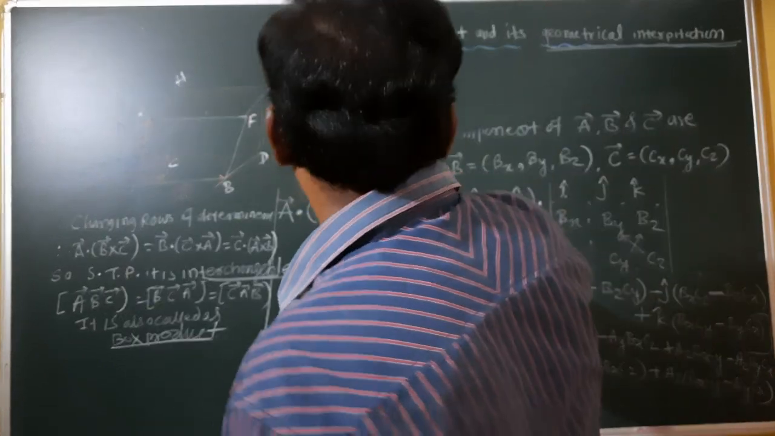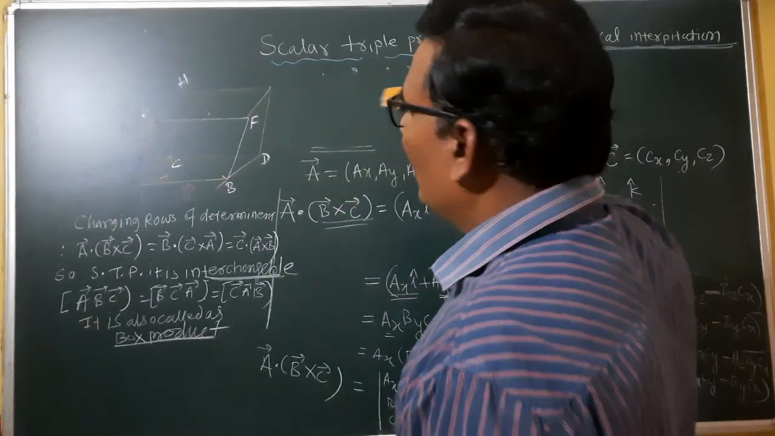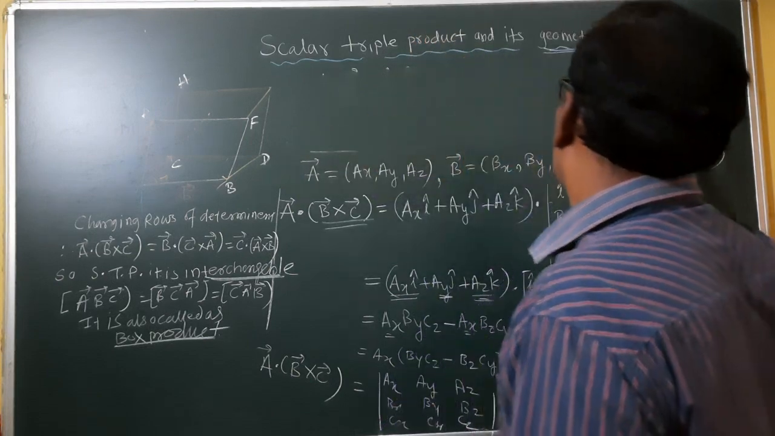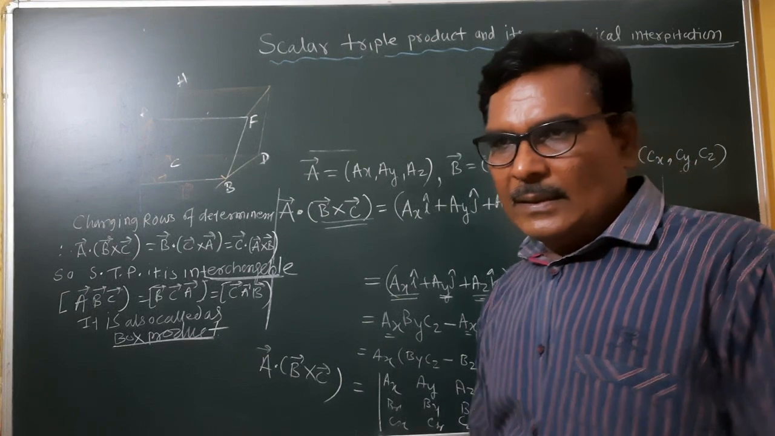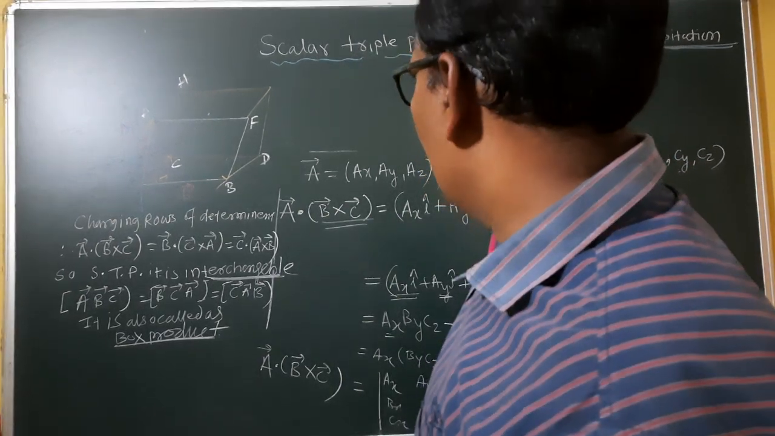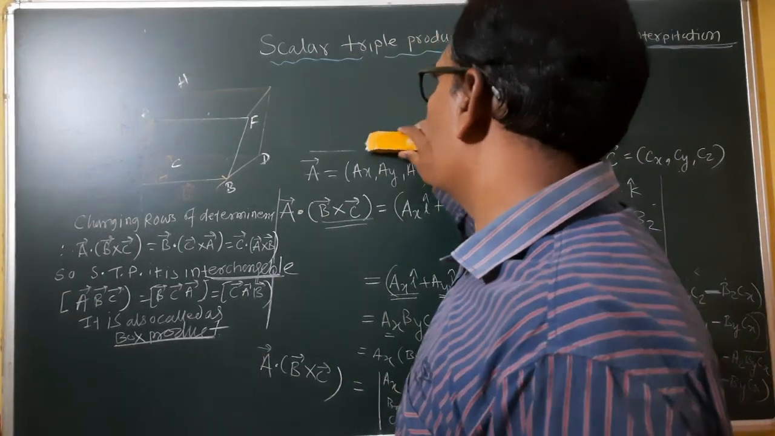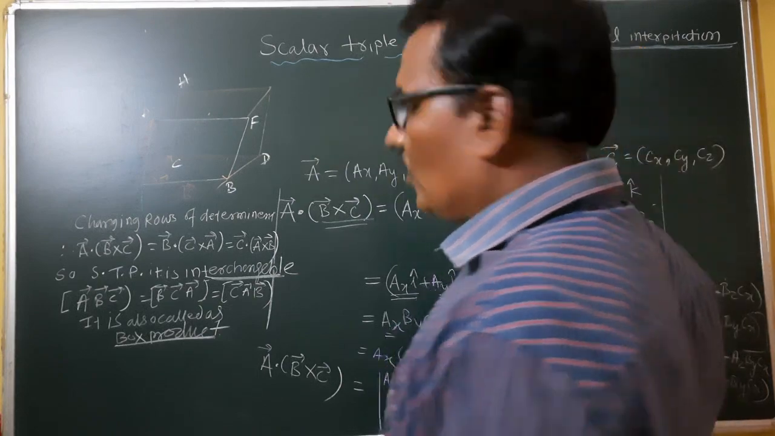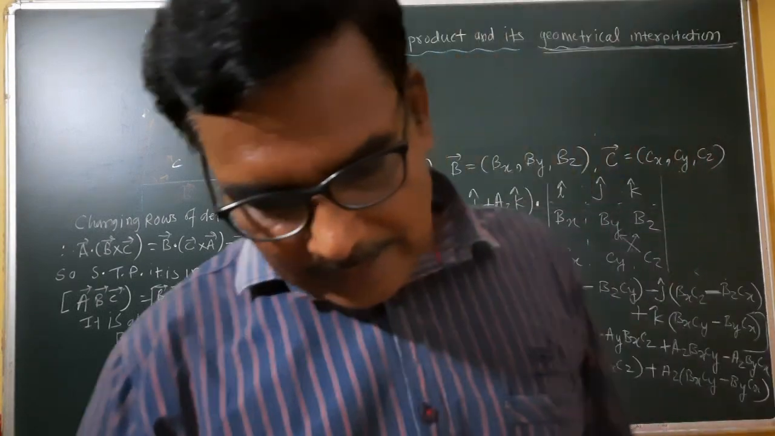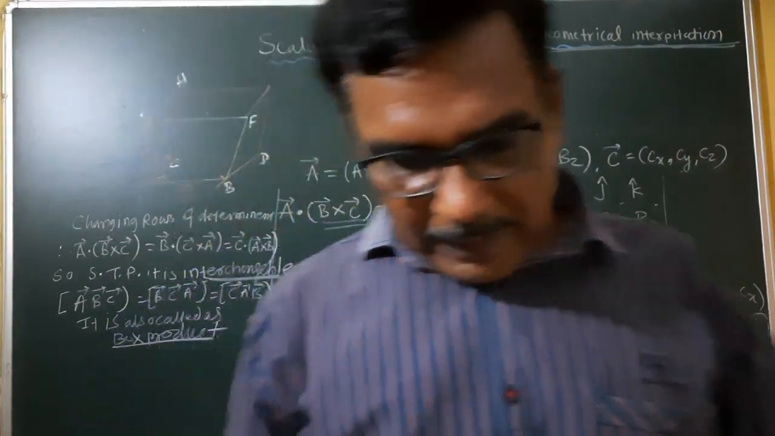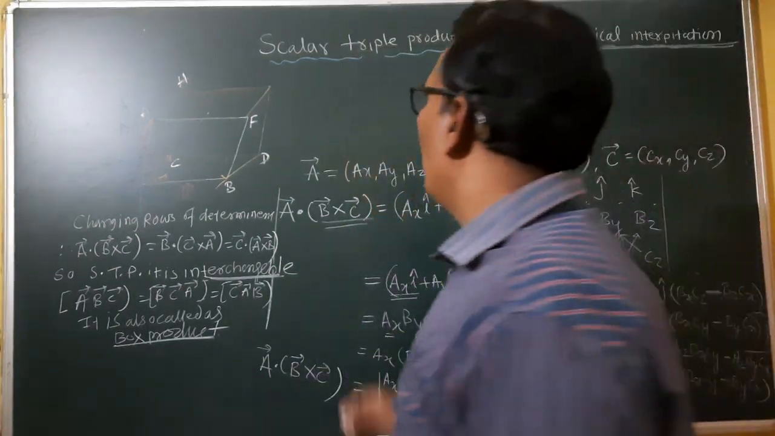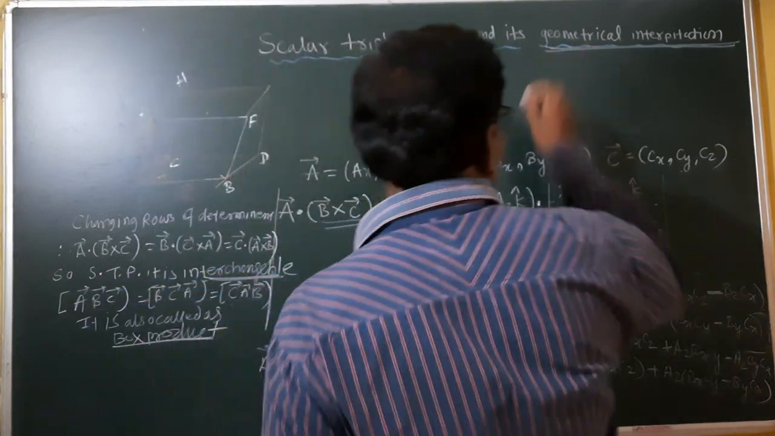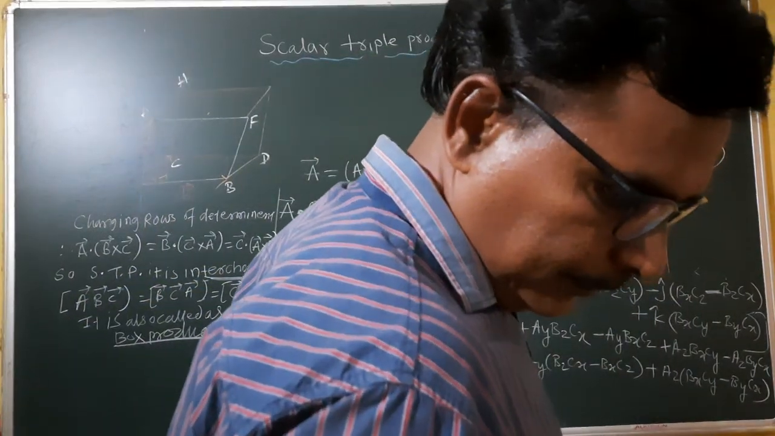While studying for multiple choice, remember this: scalar triple product and vector triple product can be interchangeable. Then, scalar triple product is a scalar quantity, vector triple product is a vector quantity. Now the geometrical interpretation: we have to write that A bar dot B bar cross C bar, meaning the scalar triple product of three vectors, is equal to the volume of